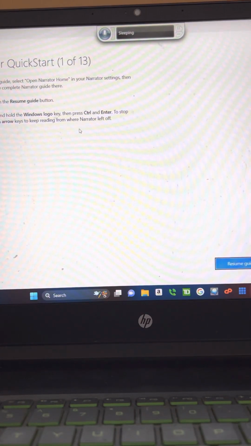Group. Remember, to turn Narrator on or off, press and hold the Windows logo key, then press Control and Enter. To stop reading, press Control, then use the up or down arrow keys to keep reading from where Narrator left